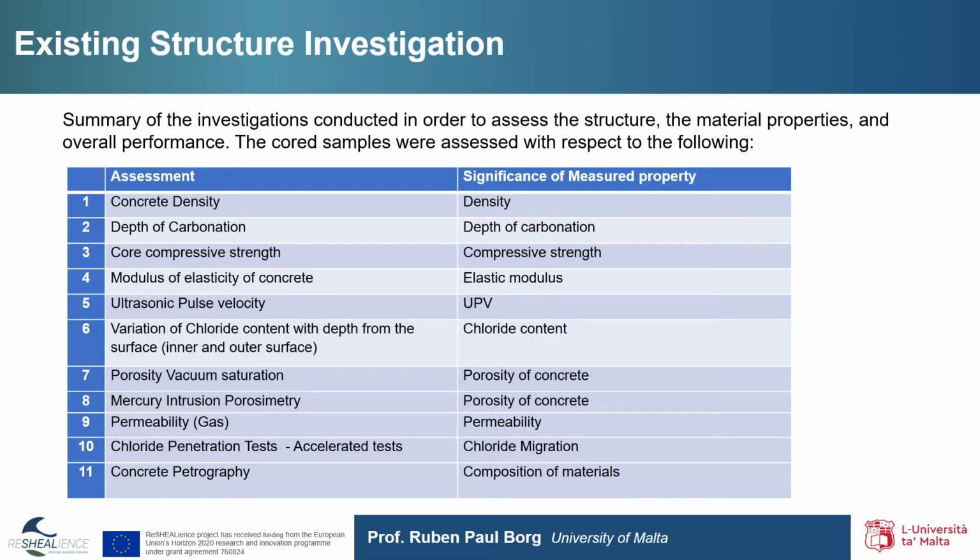Besides the non-destructive tests presented, additional analysis was conducted on materials and structure. The table presents a summary of the investigations conducted in order to assess the material properties, the structure, and its performance. The cored samples were assessed with respect to the following: the concrete density, the depth of carbonation, the core